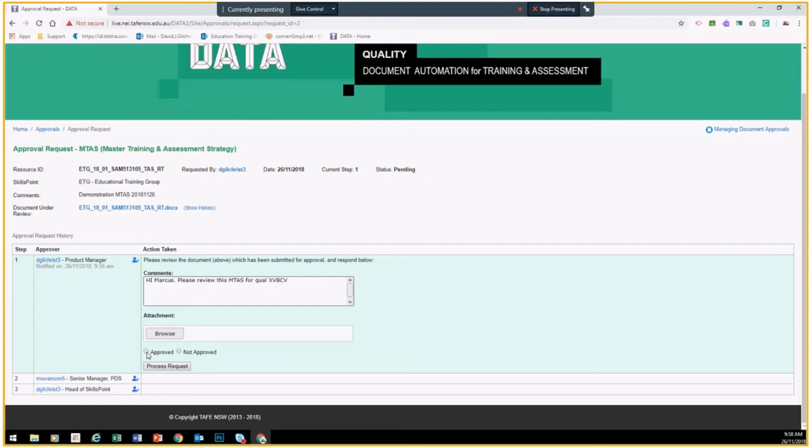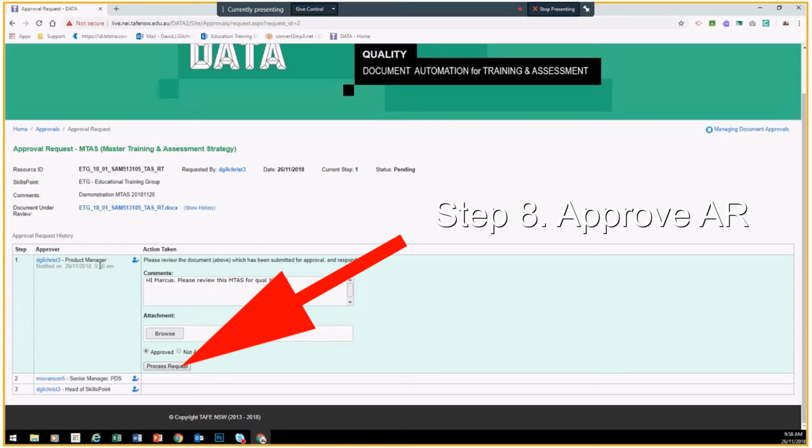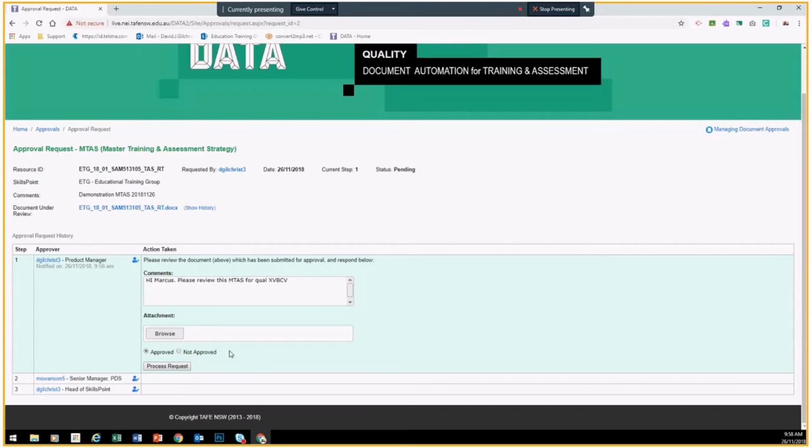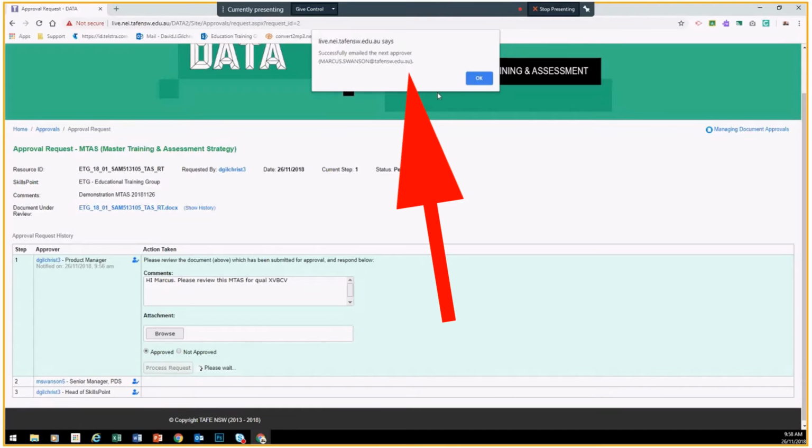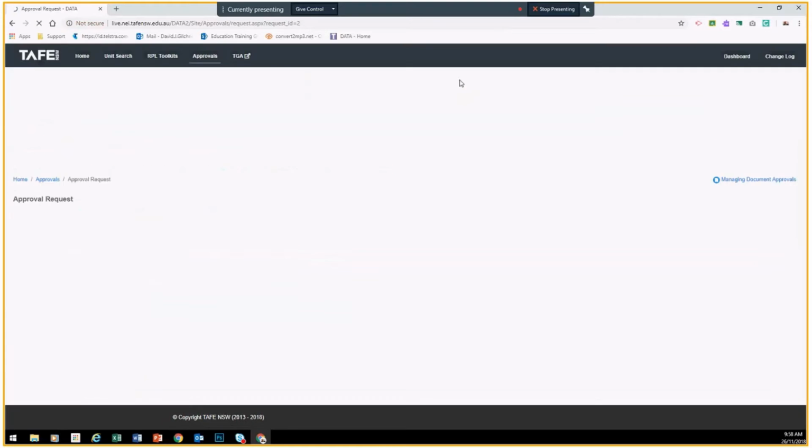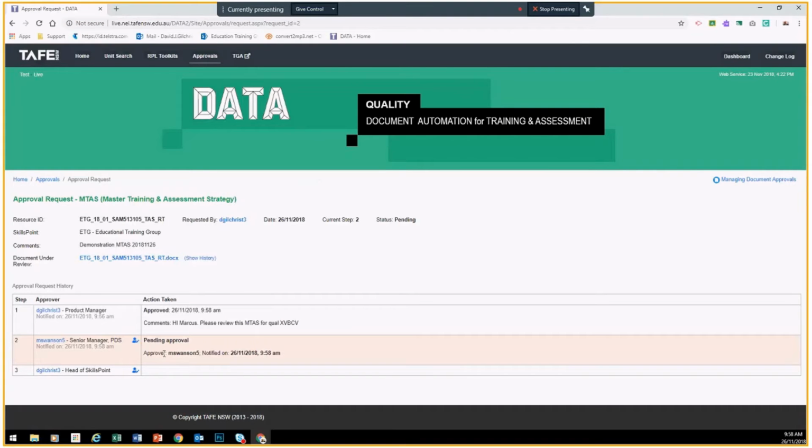But in this case, because I am the product manager who started the process, I'm just going to approve this, and I'm going to process the request, and I can see that an email has gone to Marcus. So Marcus will get an email shortly. I can see now in the workflow that it's pending approval for Marcus. I'm going to stop sharing my screen, and I'm going to ask Marcus to share his, and in this case decline the approval so that we can